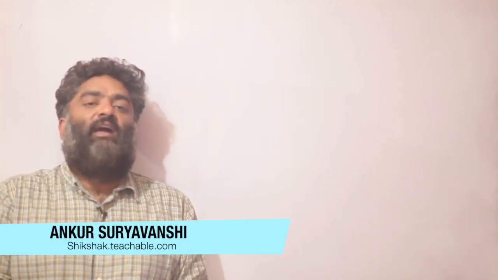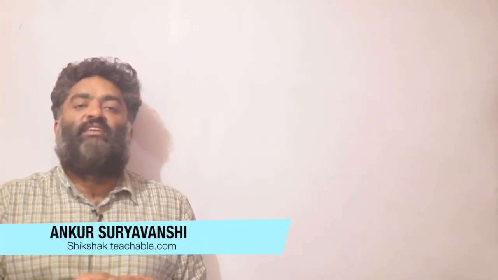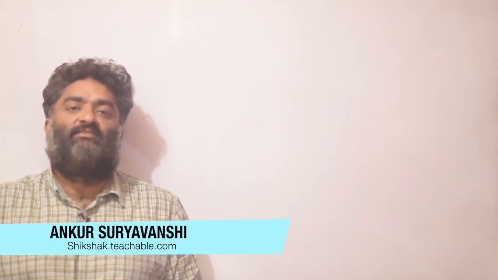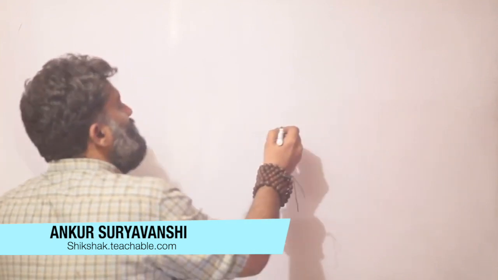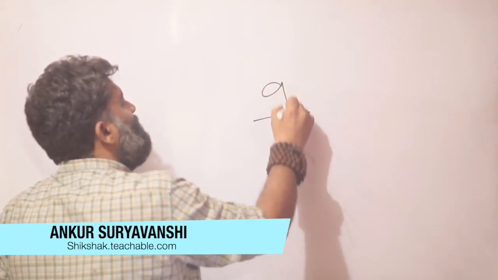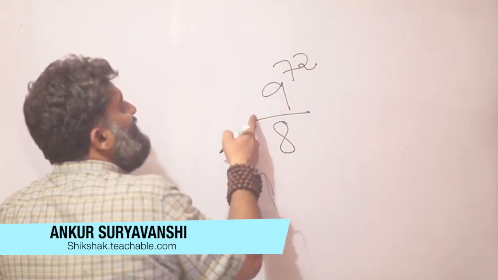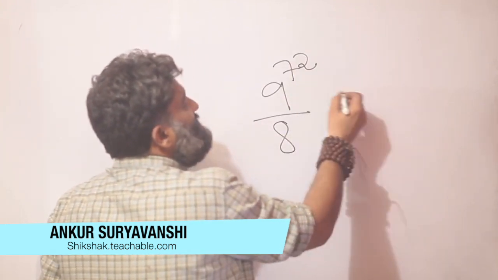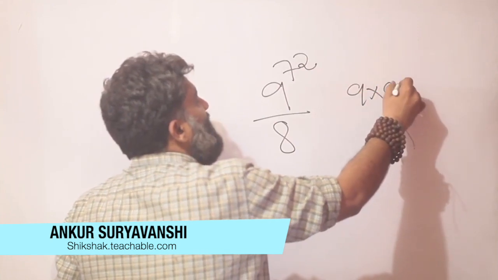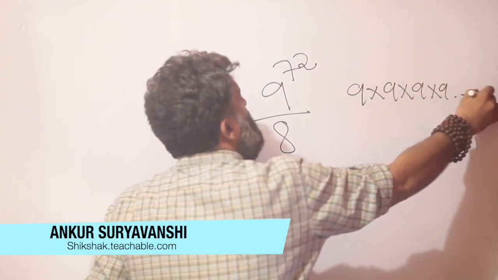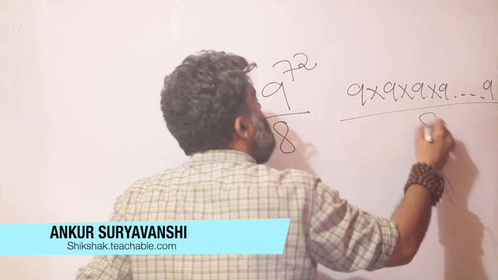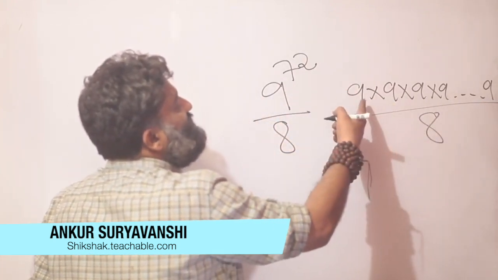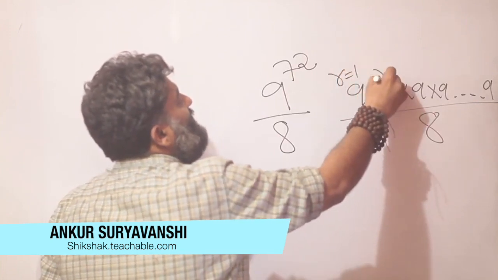Hello and welcome back to another video and another little session on the process of division and trying to find remainders. So we already know by now that, say, if I give you such a problem and I say tell me the remainder, the process is fairly straightforward. Think of this 9 raised to 72 as 9 into 9 into 9, a lot of 9s, all of them being divided by 8. Now think of individual division of each 9, and each 9 will give you a remainder of 1.